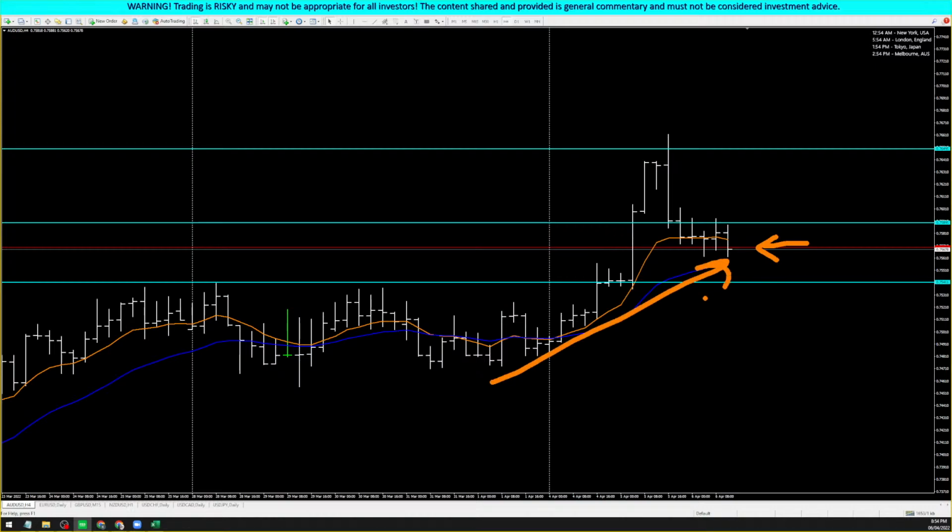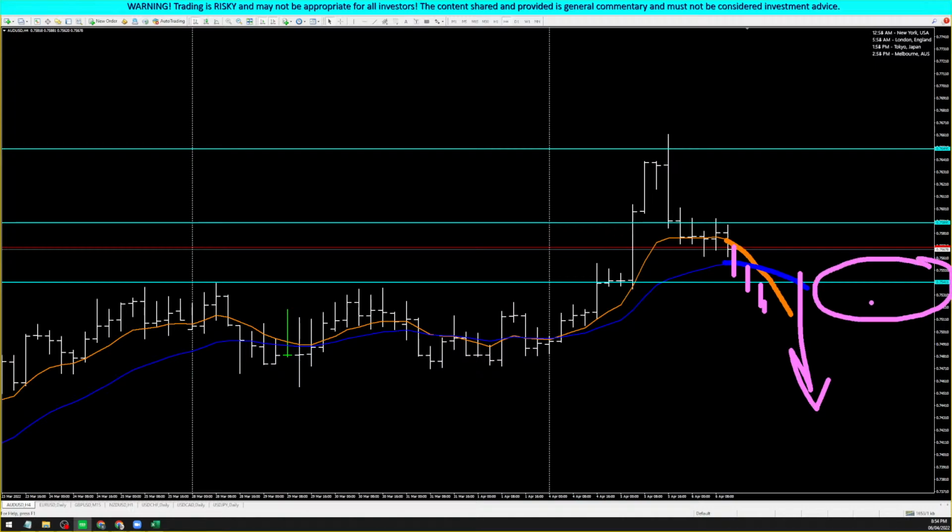So anong ibig sabihin nun? Sabi ni lower time frame H4, may chance pa rin na umakyat doon. Baka i-test niya ulit yan. We'll see. It's not a good time for selling pa. Ibig sabihin, if I will follow this analysis using this indicator, I would love to wait for that orange line to be below the blue as an additional confirmation that the price action now is moving downwards and I can go and start selling. Now, if you notice, that goes back to my original plan, price below this horizontal line right here.